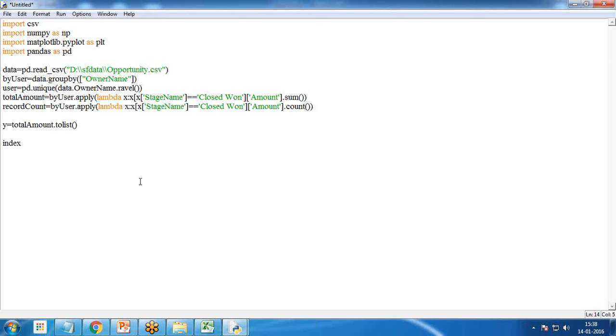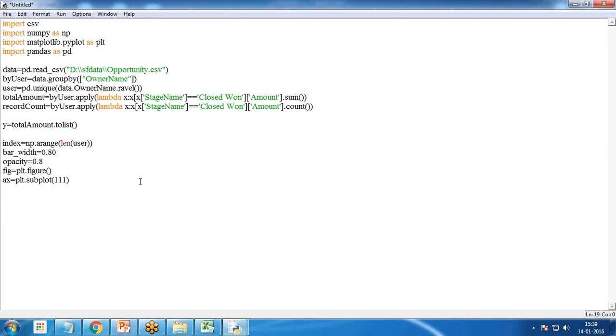Next, let's start placing the chart. So I create index is equal to np.arange(len(user)), based on that we'll place it. Then I set the bar width is equal to 0.80, opacity is equal to 0.8, and because we need multiple plots, multiple axes, for this I create figure is equal to plt.figure and ax is equal to plt.subplot(111), and also we want to set